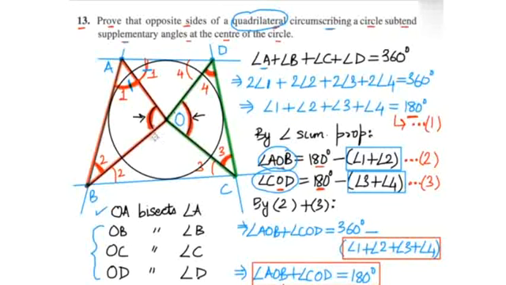And similarly, we can claim that angle BOC plus angle AOD will also be 180 degrees. We can use a similar line of reasoning, or we can make use of the fact that the four angles formed at the point O have a sum of 360 degrees. Of those four angles, we have already shown that two of them have a sum of 180. So the remaining two, BOC and AOD, will also have a sum of 180 degrees. So with this we have proven that opposite sides of a quadrilateral circumscribing a circle subtend supplementary angles at the center. This completes our proof for question number